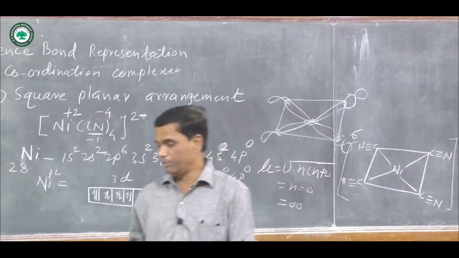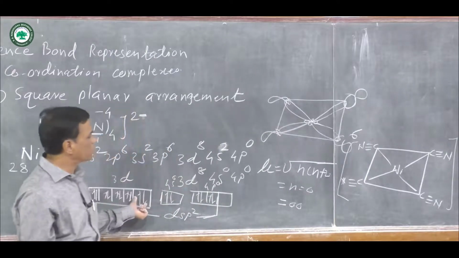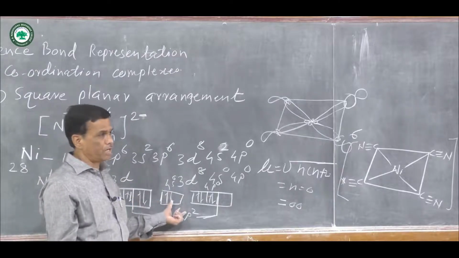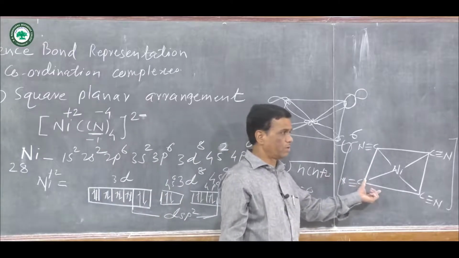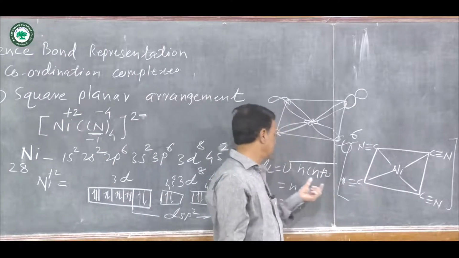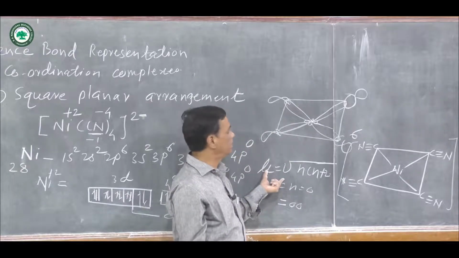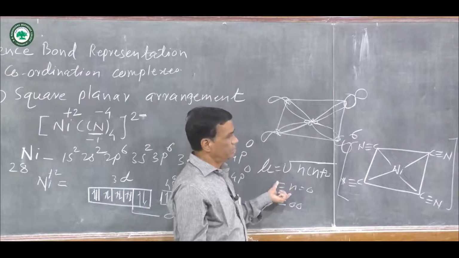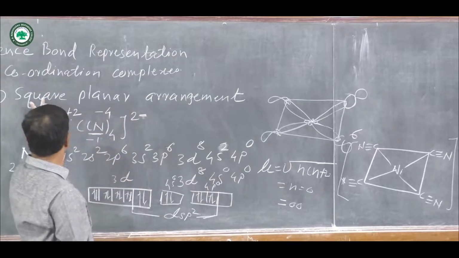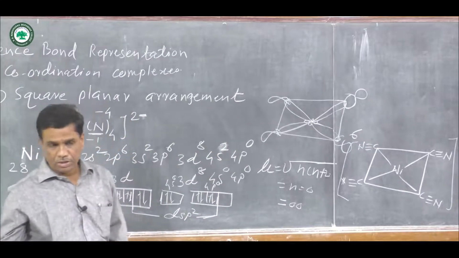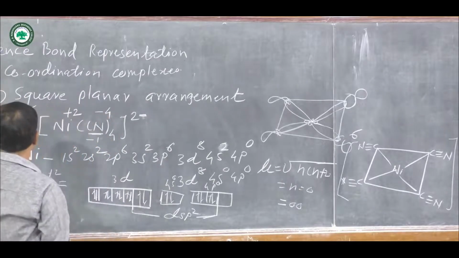According to the valence bond theory, you can determine the number of unpaired electrons present, what type of hybridization is involved, what is the shape of that complex compound or complex ion, how many unpaired electrons there are, and the magnetic behavior of the complex ion. From this you can determine the shape of the molecule. This is the third example for the representation of a coordination compound by valence bond theory.